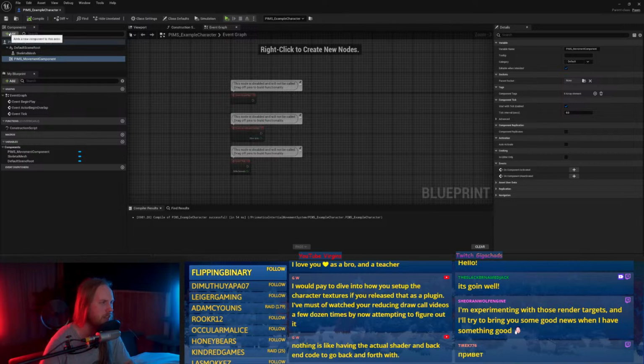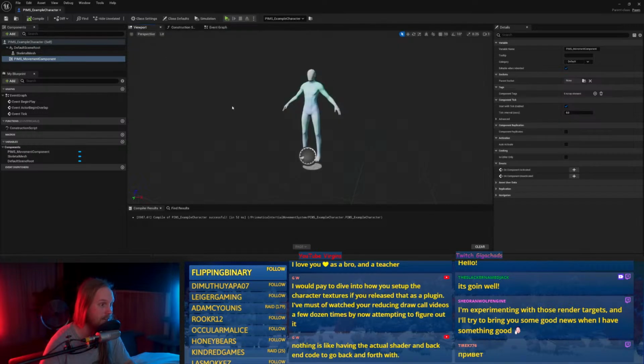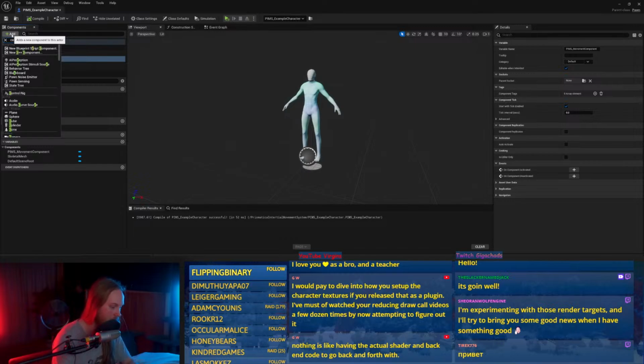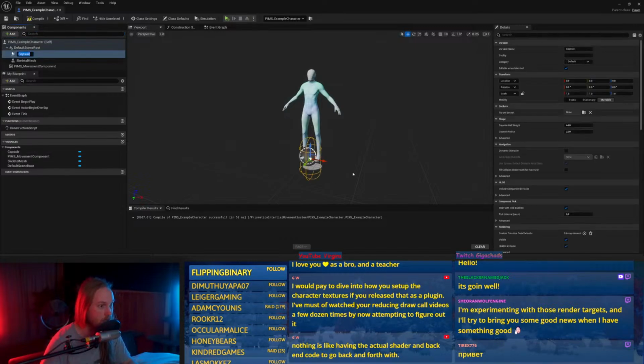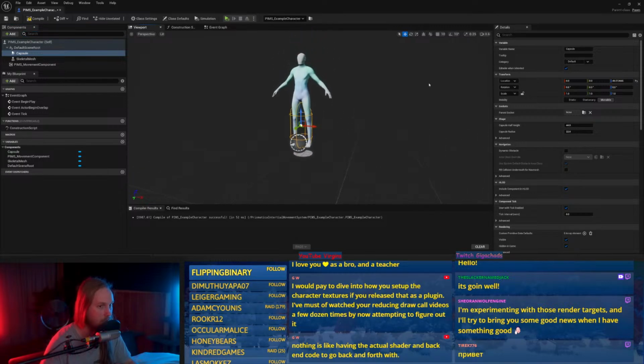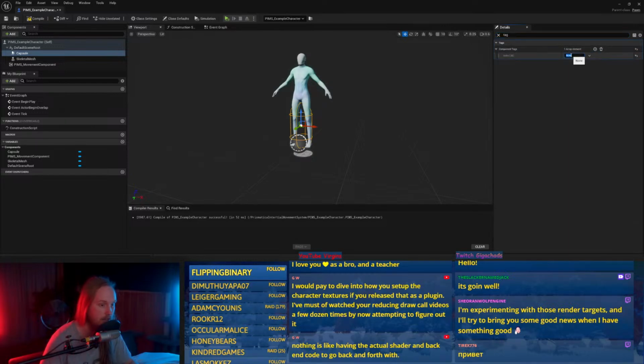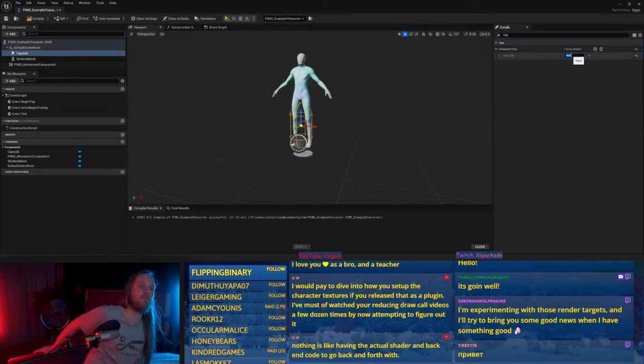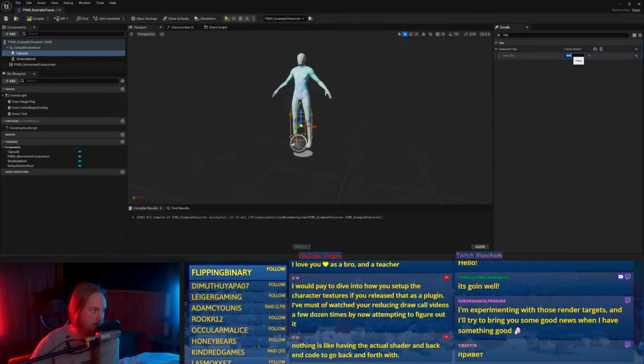Okay, well, I think we'll just do capsules by tag. So we'll just have to have a character, and you just have to put a capsule collider on them. And then we tag them with, just tag. This is our hard collider.